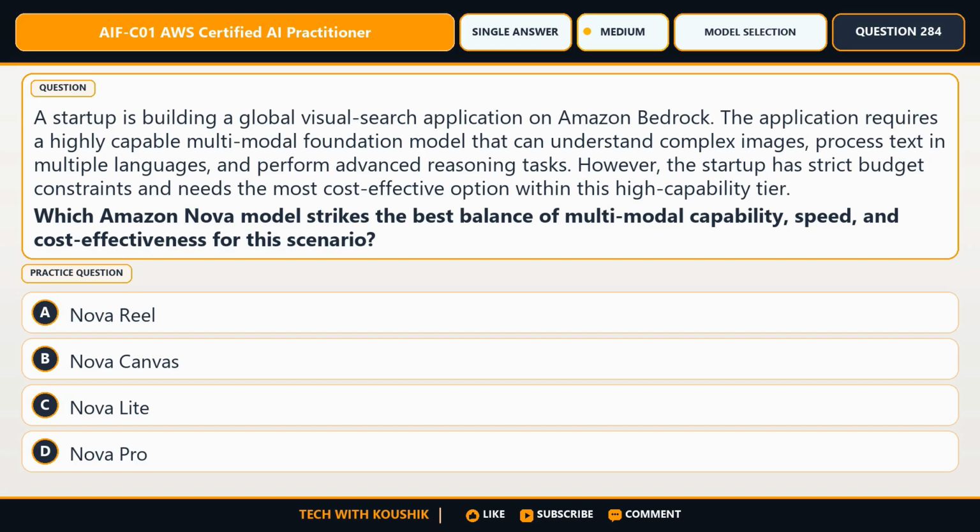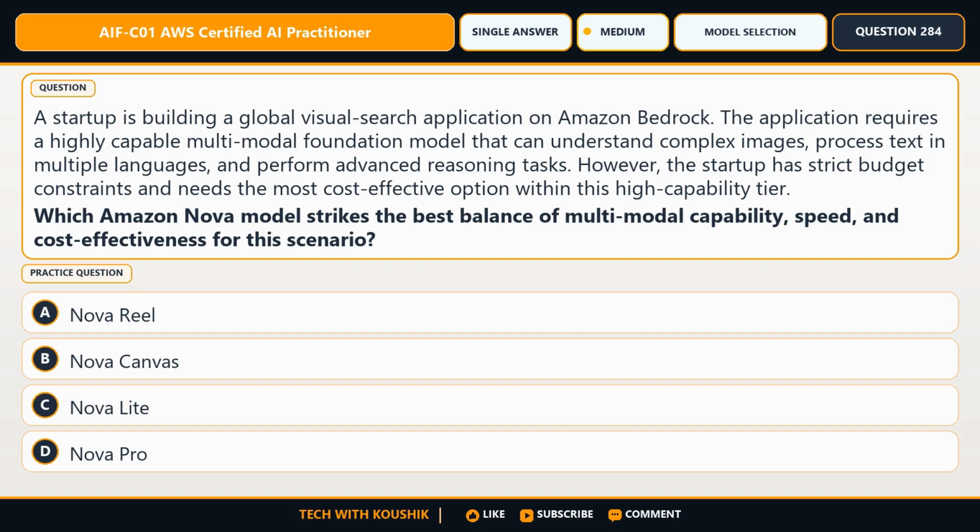The application requires a highly capable multimodal foundation model that can understand complex images, process text in multiple languages, and perform advanced reasoning tasks. However, the startup has strict budget constraints and needs the most cost-effective option within this high-capability tier. Which Amazon Nova model strikes the best balance of multimodal capability, speed, and cost-effectiveness for this scenario?